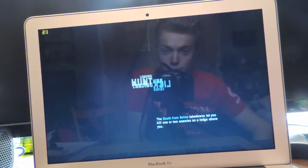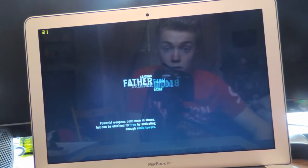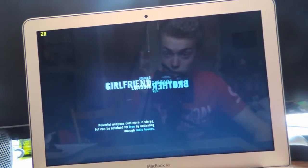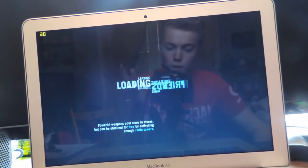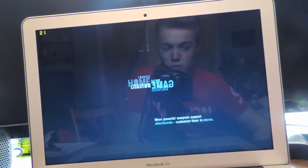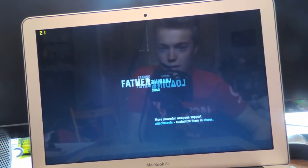and how good it looks on high. With it being on high, I'm expecting it to get maybe around 20 frames a second, but this is still playable unless you really want to play a game on the highest frame rate possible. Then you're going to have to drop it down to about medium, maybe low, to get the highest frame rate possible. But if you're happy playing it at 20 frames a second,